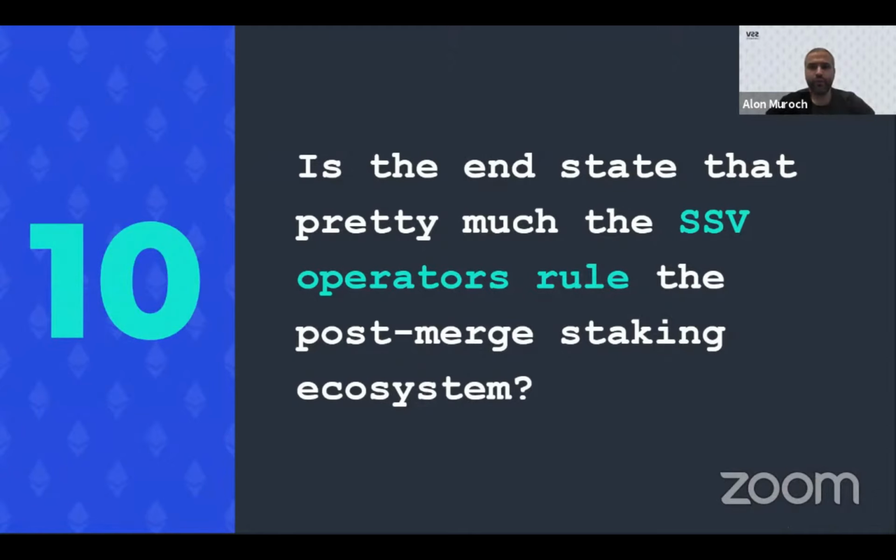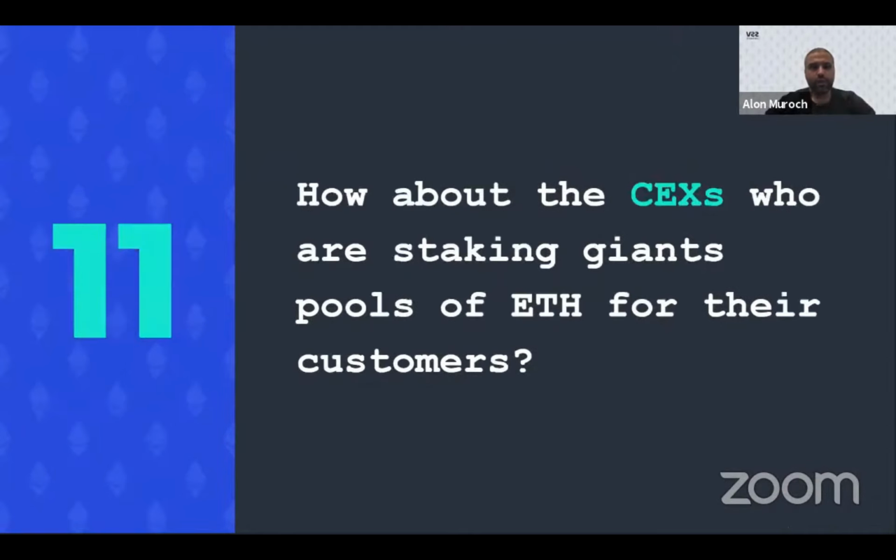Awesome. Number 11. How about the centralized exchanges who are staking giant pools of ETH for their customers? I definitely think that the big exchanges like Kraken and Coinbase will use SSV, but also I think it will take time. Those are very big operations and it takes time for adoption. But I think their challenges are so big that it will be foolish to just not consider a superior technology to use. But I do think it's going to be a struggle, and getting them on board is